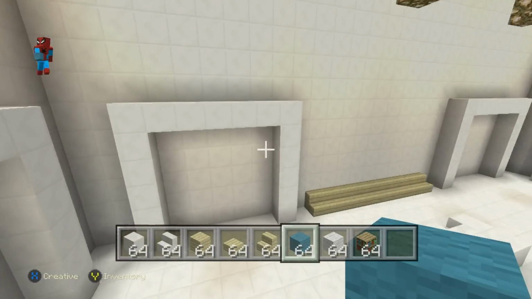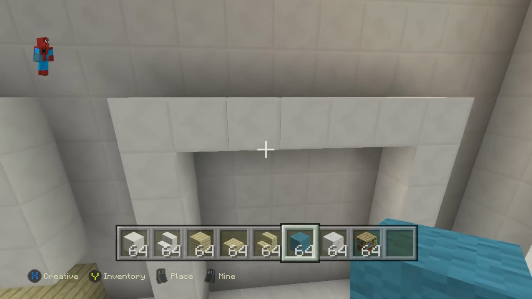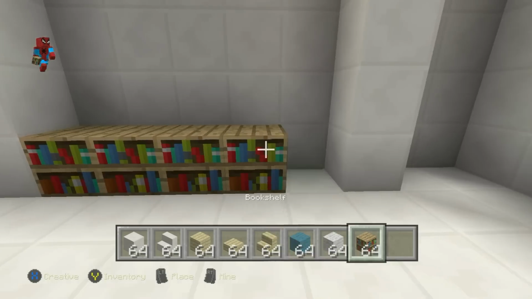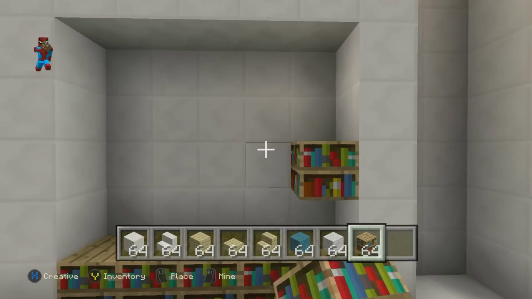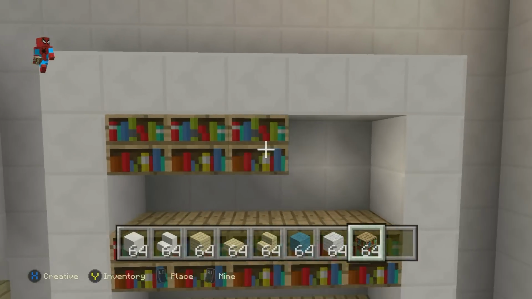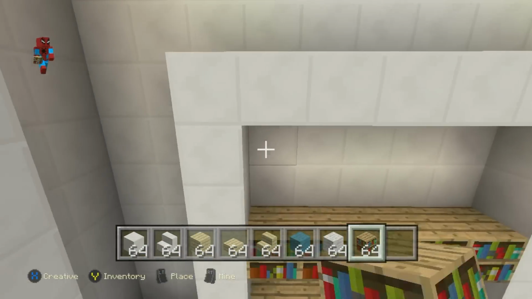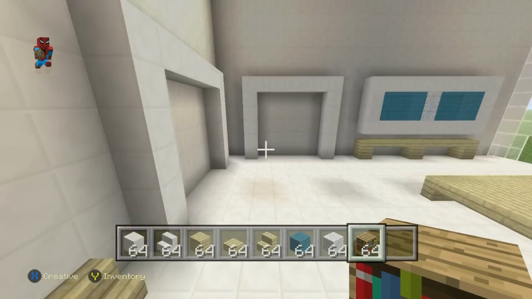Let's work on each one of these bookcases. They're all quite easy. So for these bookcases, starting from the bottom, we want to have a horizontal row of bookshelf. Leave 1, bookshelf. Leave 1, bookshelf. Do the same to each one of the individual bookcases. It might take a little bit of time. I believe that there are 4 bookcases in total.